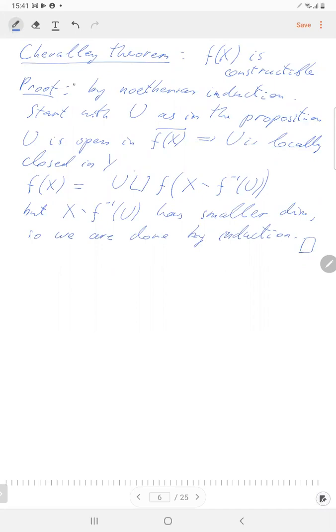and it's a very useful theorem, and also what is nice, it was proved by Chevalley in the middle of the 50s, so after the Second World War, and maybe this is one of the first results in algebraic geometry that we learned that was proved after the Second World War.